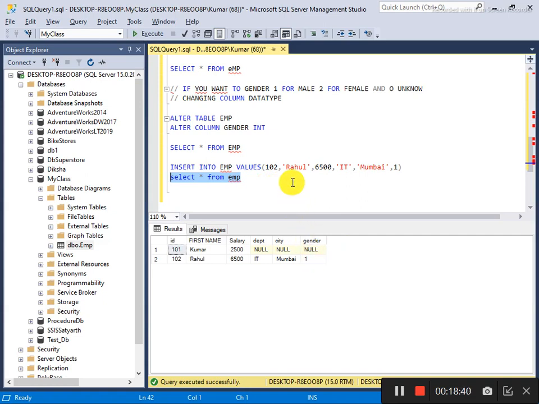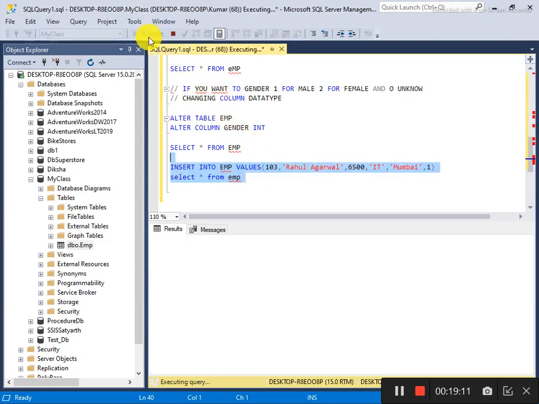And the same way, if you want to enter someone's name like Rahul Agrawal, and I say employee id 103. What happens is that we have already said the maximum size of the first name is 5, but here I am saying Rahul Agrawal, which is nearly 12 to 14 characters.